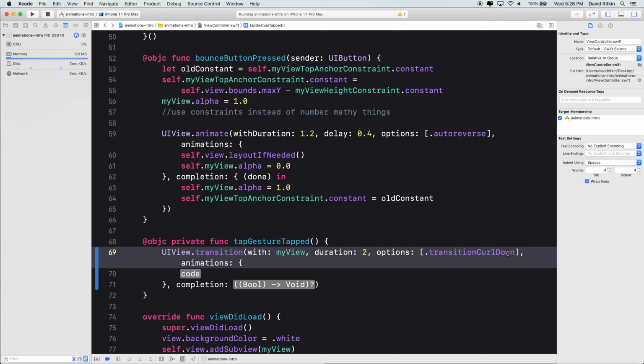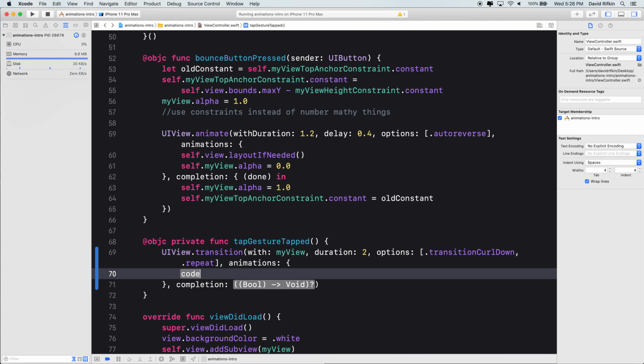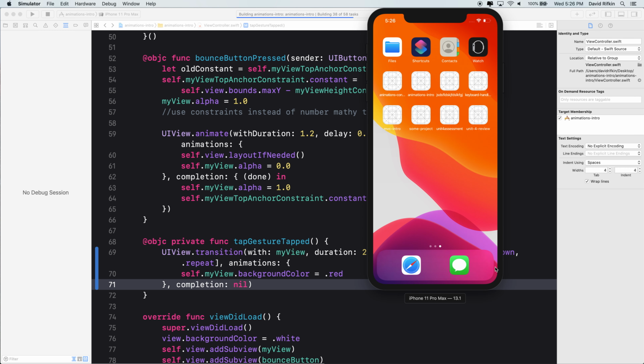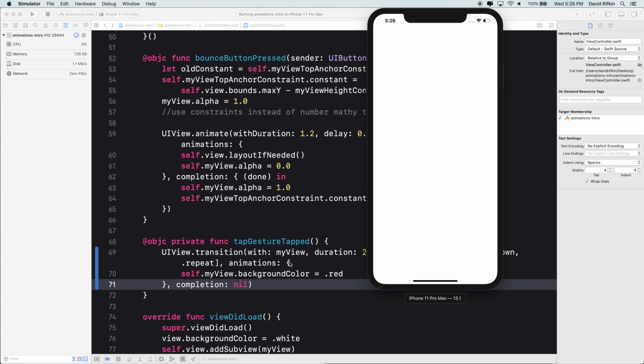Remember how we did repeat and autoreverse? So with transitions you can only use one of them, but with animate you could have this repeat and do all that stuff. And what did I say? Nope, that's not it. My view.backgroundColor. Nope, there's that red. Make this completion block nil. So now when I hold down my view, I mean, I can see it, you can't, but